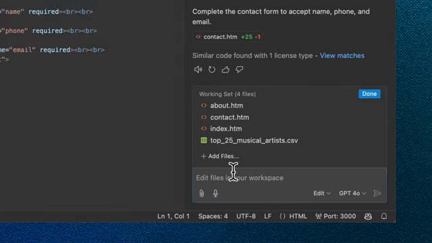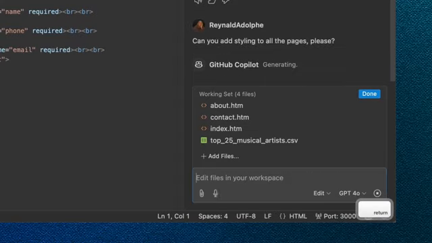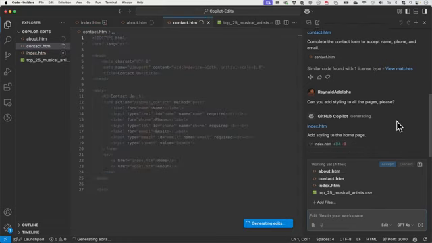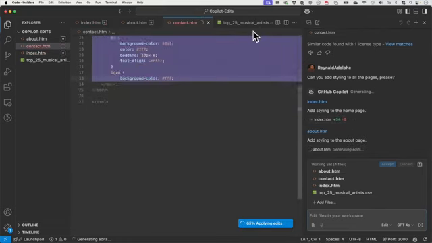And now I'm gonna ask it to style it because it did look a little bit boring. Can you add styling to all the pages? Please, never hurts to be kind. And now it's going to add some styling for each of them. So let's take a look. Once it's completed,